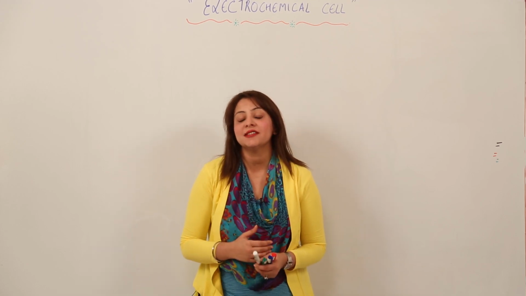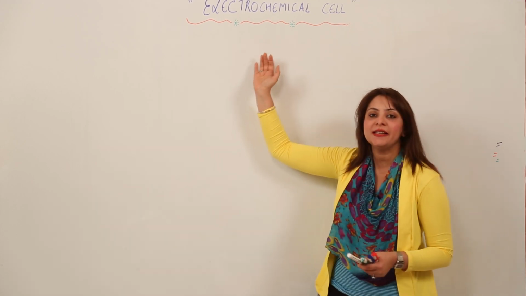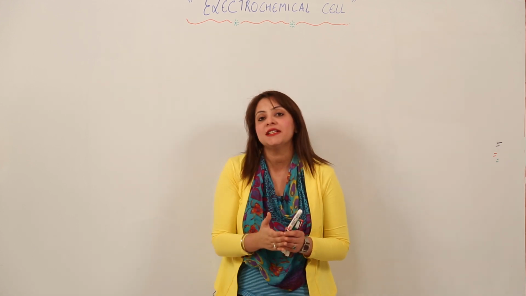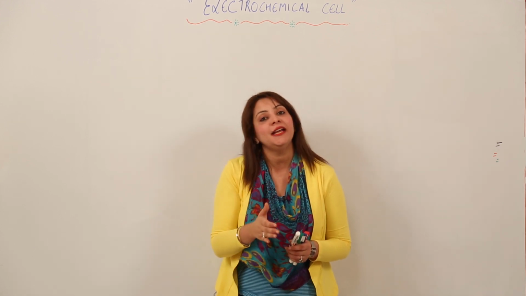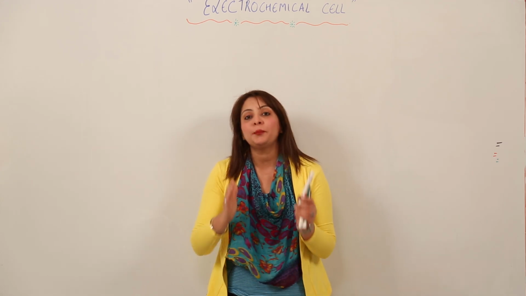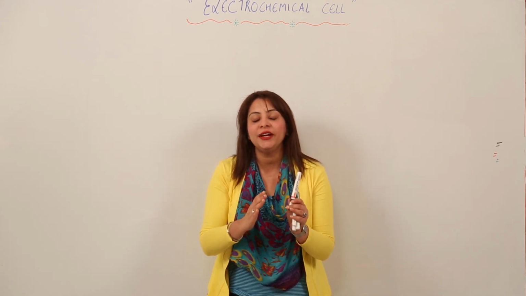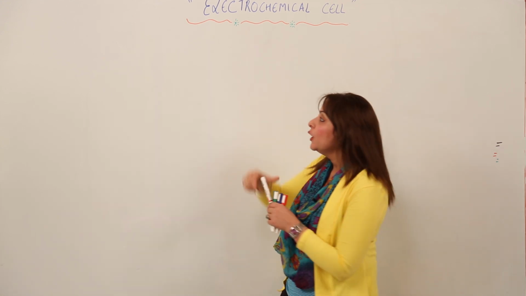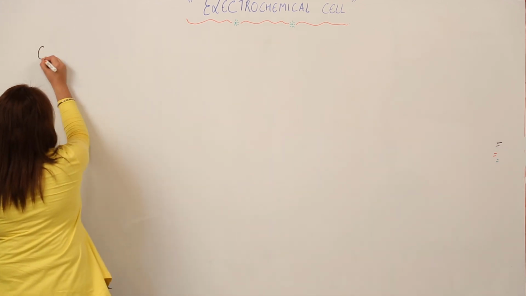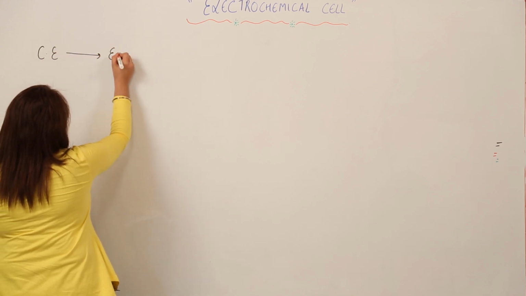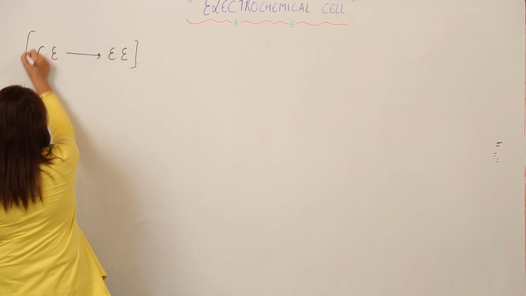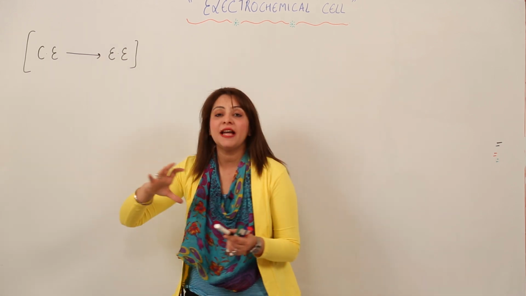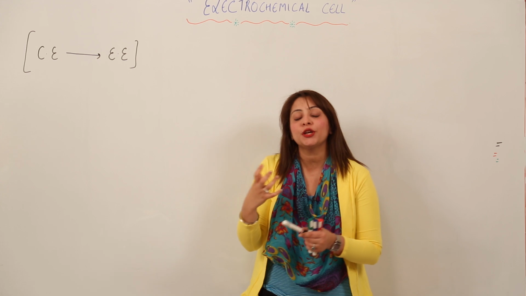We are going to start now with an electrochemical cell. So first of all, you should know what an electrochemical cell is and what the principle behind the electrochemical cell is. First we'll be doing what is an electrochemical cell. It is actually a cell which converts chemical energy into electrical energy. That means in it chemical reactions will occur, and that chemical reaction will lead to the production of electric